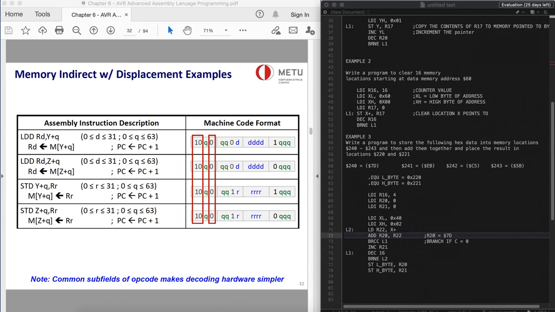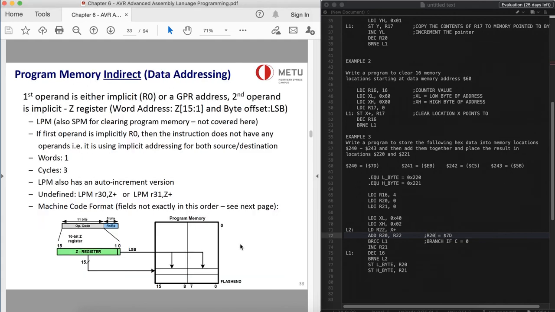Okay, so another important addressing mode that we are going to cover is program memory indirect. This is an addressing mode widely used to access the data element located in the program space rather than in the data space of the AVR. Be careful, the program space, not the data space. Now, for program memory constant addressing, we have two versions of this. One of them is just the constant addressing, so the contents of Z do not change when the instruction is executed. So we can just use an instruction